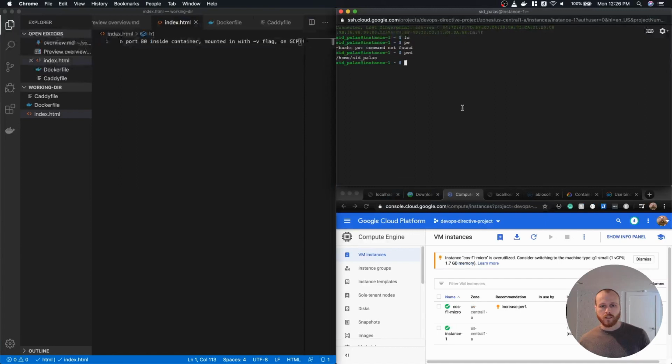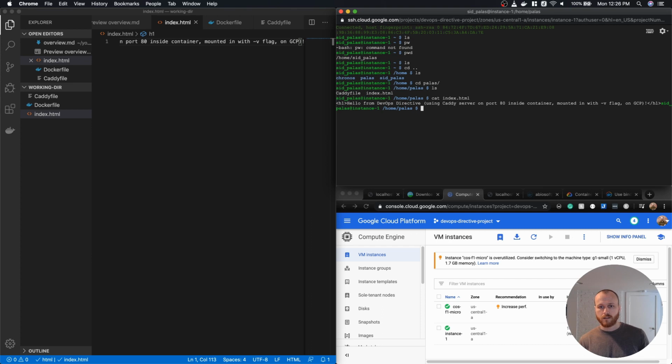So now if I go here and I go up a level, we'll see there are these two folders. So now I have both of those. Great. And so now I want to run my Docker